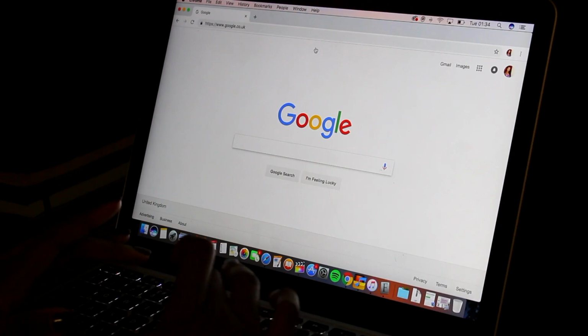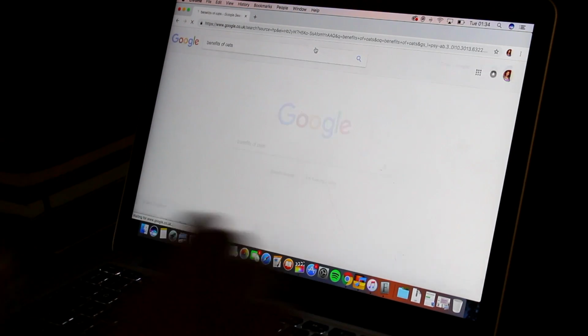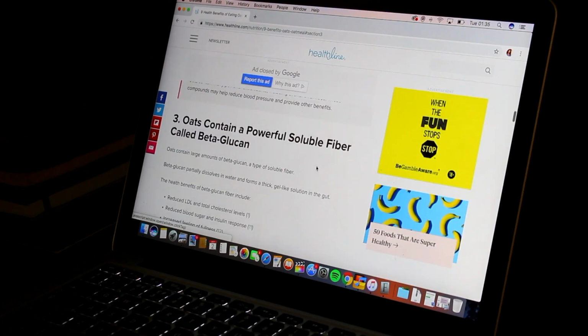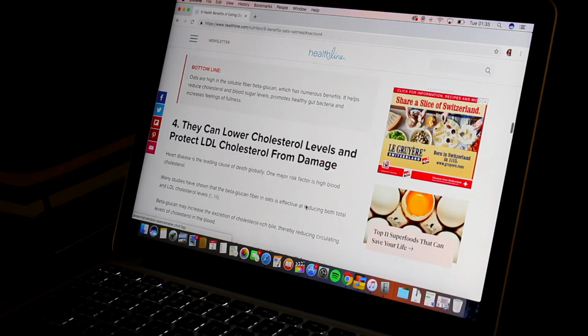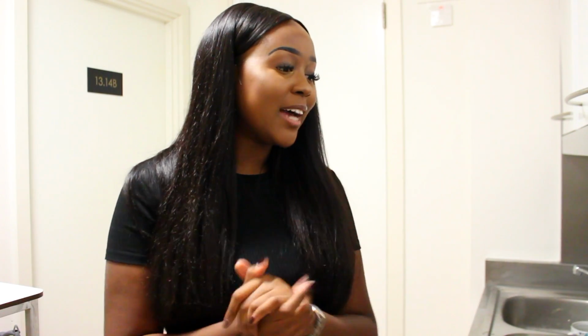So underrated. They're actually supposed to be one of the best breakfasts that you can have. There are loads of benefits of oats. I want to be politically correct here, so I'm going to quickly research them. They're rich in antioxidants, they contain a powerful soluble fibre, they can lower cholesterol, improve blood sugar, and they're very filling and may help you lose weight. So it's clear that there's loads of different benefits of oats, so that is what we're going to be making